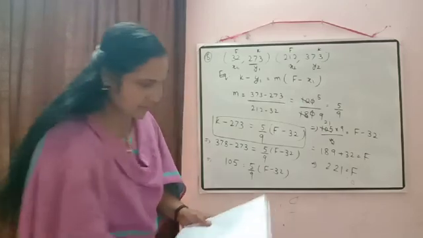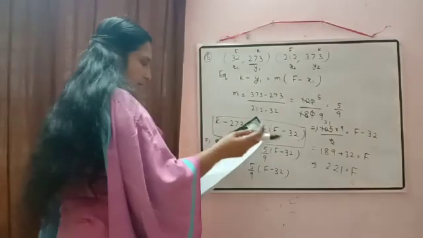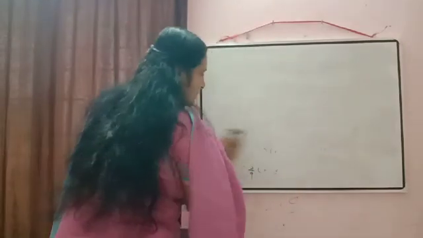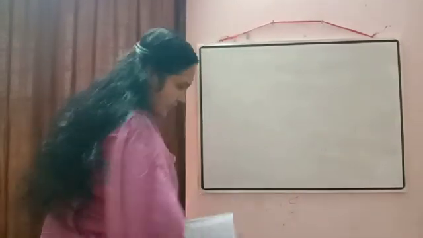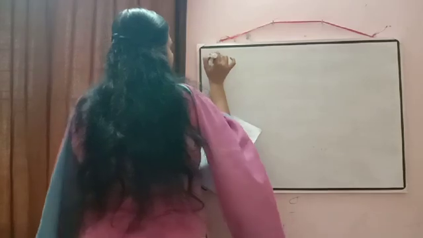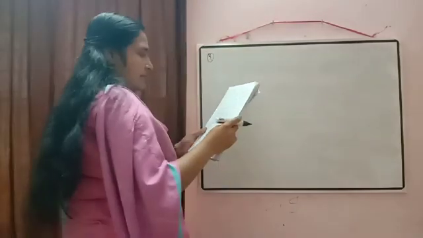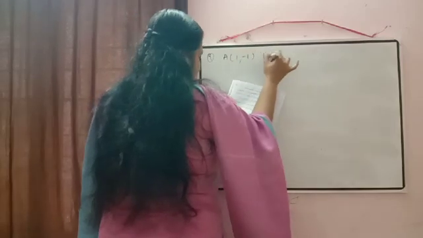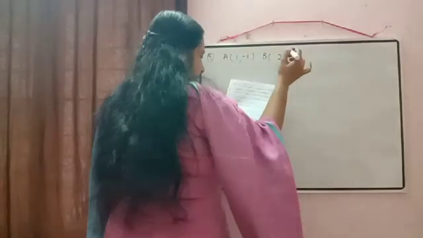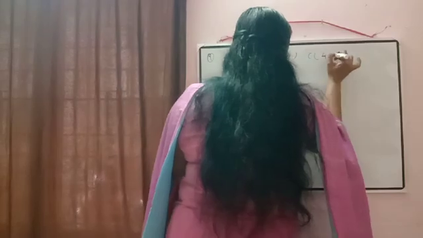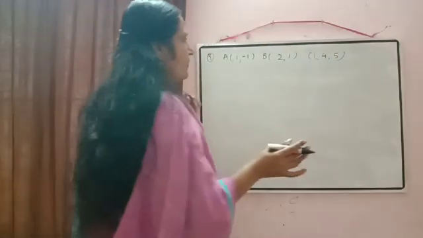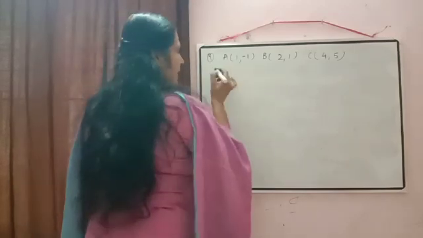Then the next question is written: by using the concept of equation of a line, prove that the following points are collinear. So again we know if the points are collinear, their slopes will be equal. Now we can check what relation will come in their equations. So A (1, -1), B (2, 1) and C (4, 5). So we can calculate the equation of all these three line segments.